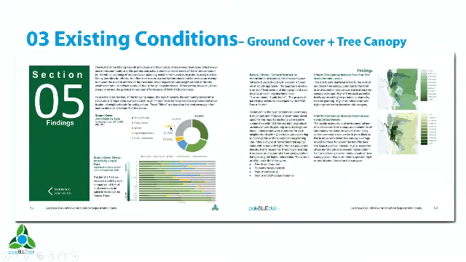Because we have done all of this assessment on a census tract by census tract basis, we can also break down each census tract in terms of its coverage of trees, that's the darker green; its coverage of grasses, the lighter green; its coverage of water, which is the blue; its coverage of light impervious surfaces, which is the yellow; and its coverage of dark impervious surfaces, which is the gray. And then we've taken all of our census tracts and simply organized them from those with the highest